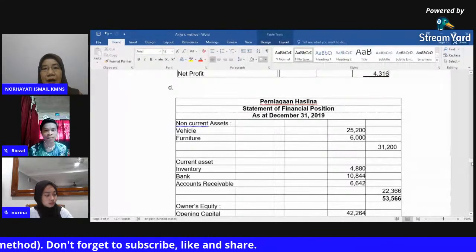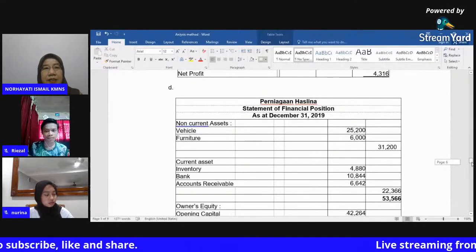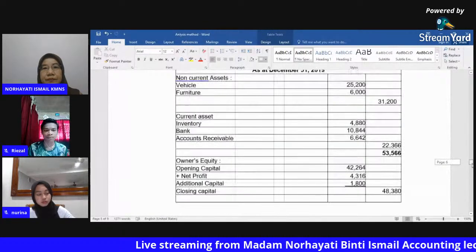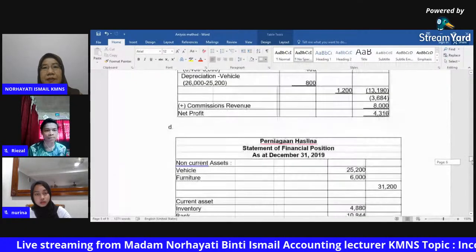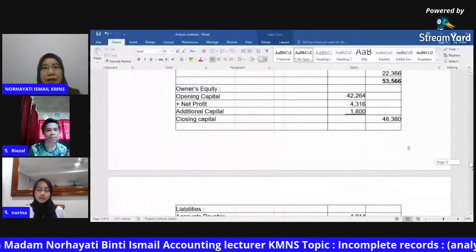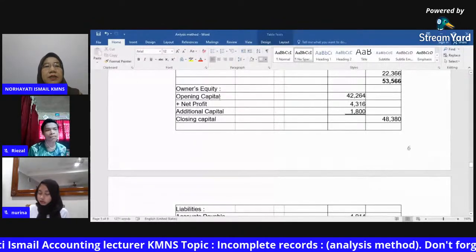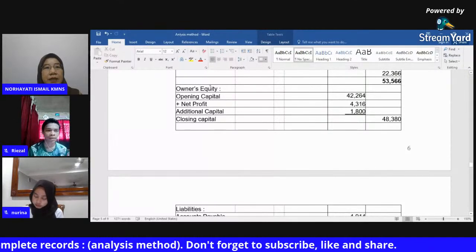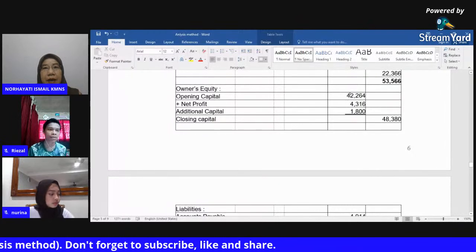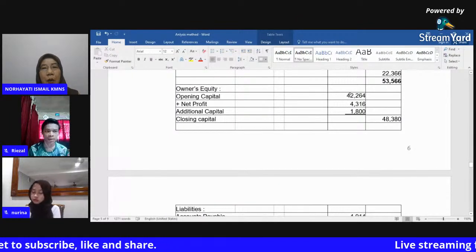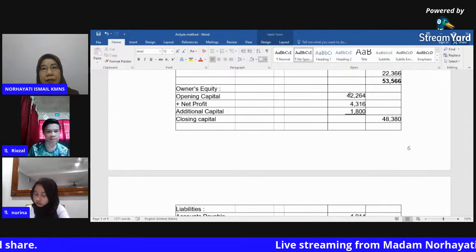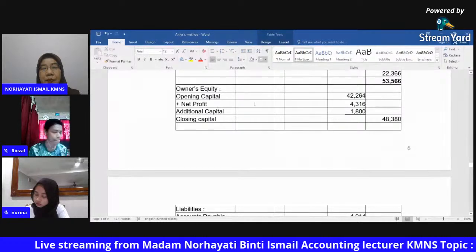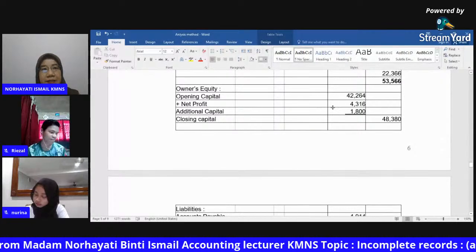Now you must know that based on the accounting equation, total asset must equal the total liabilities. Total asset equals owner's equity plus liabilities. So we look at the owner's equity, opening capital. We have calculated just now. You got the amount 42,264 plus net profit that we have calculated just now 4,316,